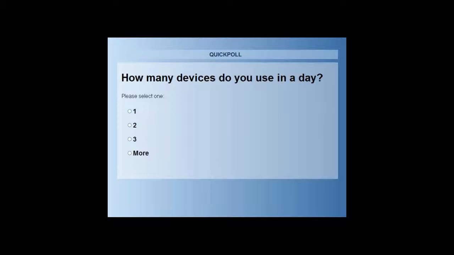So it is not surprising to us, and we're talking with organizations all the time about responsive learning and how they're using it and what the realities of their organization are. Almost 50% that responded here are using three or more devices in a day. So not surprising at all. It really aligns with what we've been seeing out there.